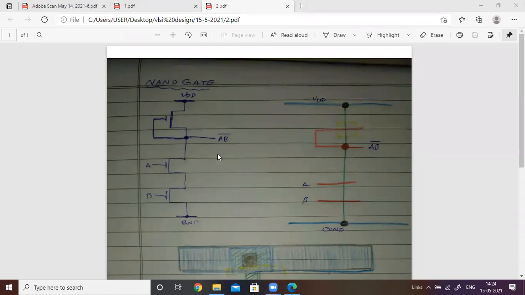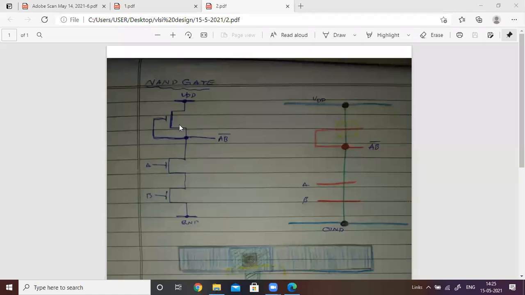Okay, just see, this is the structure of the NAND gate schematic. So these are the pull down transistors that are connected in series, because we require A into B. Okay, logical multiplication means the two transistors are connected in series, and in the pull up we are having only one transistor in NMOS design style, that is also depression mode